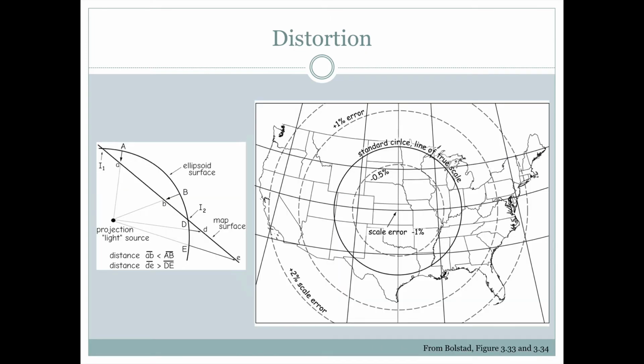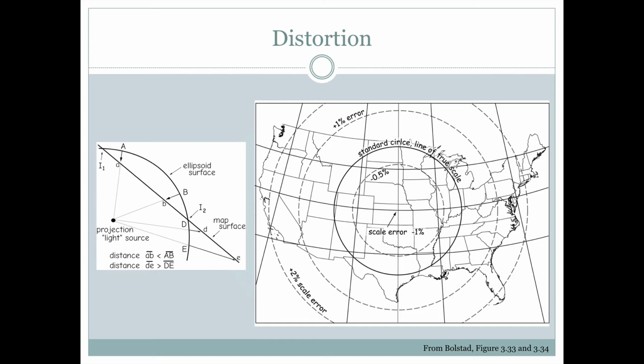The other reason, though, that we use map projections is to try to decrease the distortion. So as soon as we have a curved surface and we try to put it on a flat plane or a flat tabletop, there's going to be some distortion associated with it. One way that we can minimize the distortion in certain areas is to think about how we want to flatten things out. In this example here, we're trying to make a map of the United States on the curved Earth